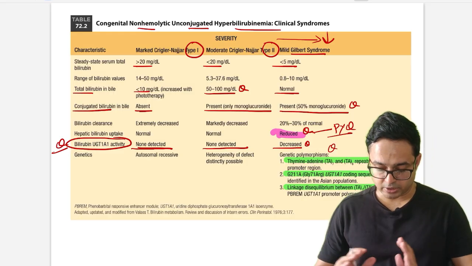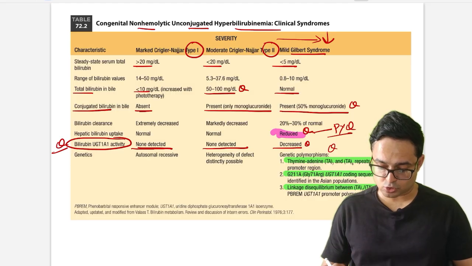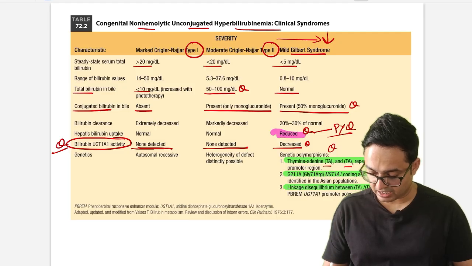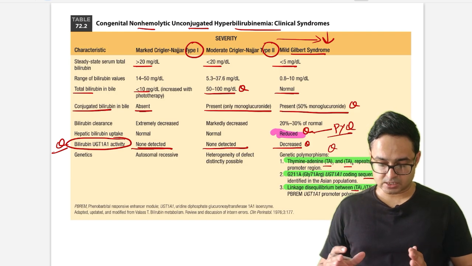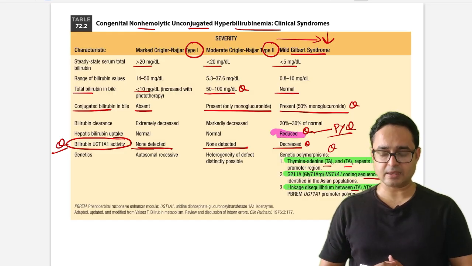These are important questions. Genetics: both Crigler-Najjar type 1 and type 2 are autosomal recessive, but in Gilbert syndrome, genetic polymorphism has been seen, and this is a potential exam question. Thymine adenine TA7 and TA8 repeats in the UGT1A1 promoter region, G211A in the UGT1A1 coding sequence mutation, and linkage disequilibrium between TA7 and G211A. You may feel it is a bit overwhelming, but trust me, this is INI-SS level exam,